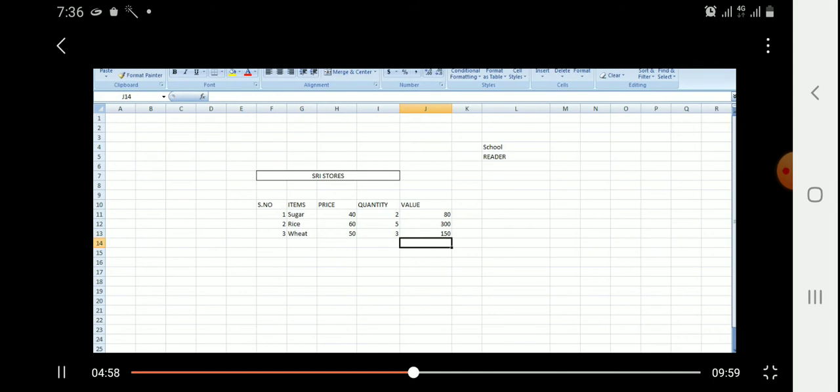And students, now you see, like this, the calculations can be changed. Even if you change the value of the price, here the value will be changed according to the new value of the price, students. That is the concept of recalculation in MS Excel. Yes, students? Okay. See, this is a simple calculation. Like this, you can try any other calculations also, students.